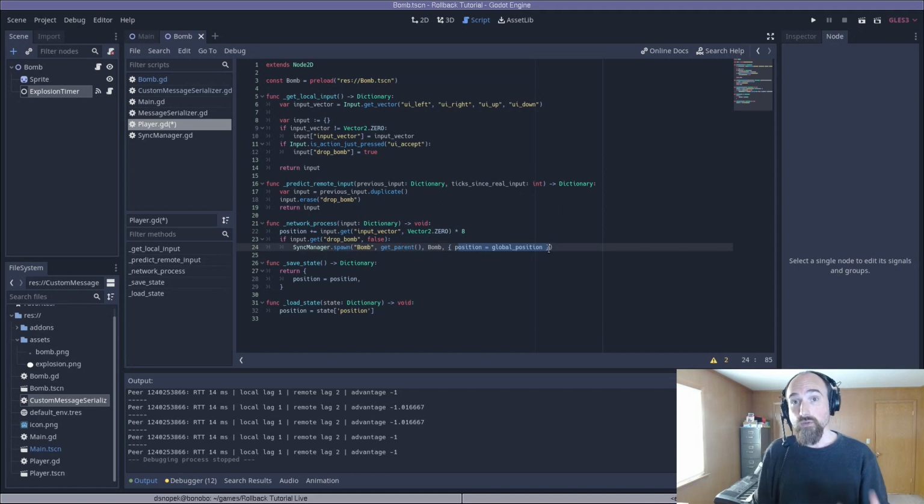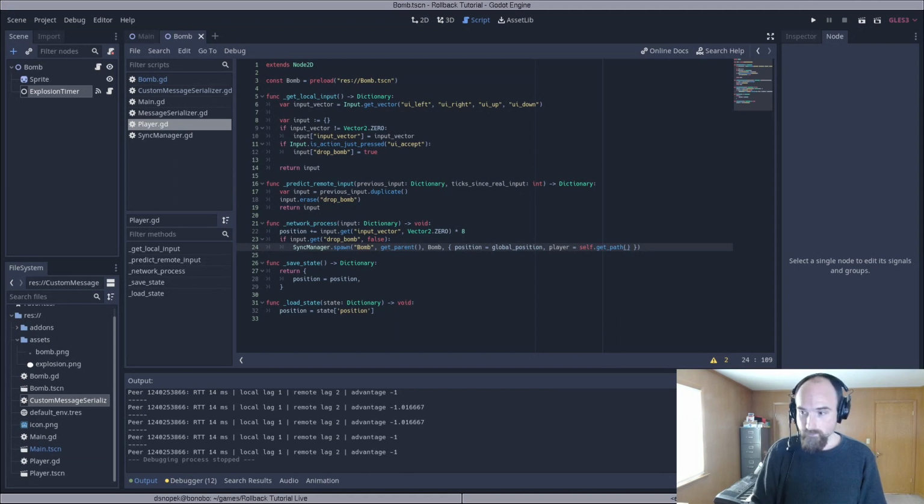Let's say we wanted to store the player that dropped the bomb, if we wanted to pass that to the bomb. We could do player equals self, but as we just discussed, that would be unsafe. So instead, we could actually do self.getPath. However, that's not necessarily the nicest API. It'd be much nicer to just pass in the player node and let the bomb script just take what it needs from it. So we have this other virtual method,